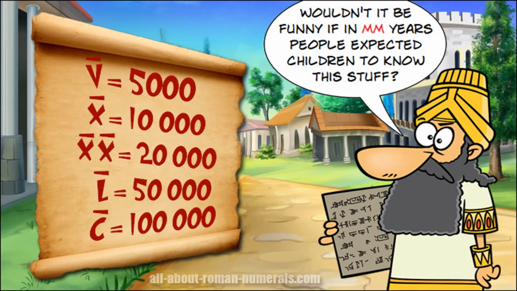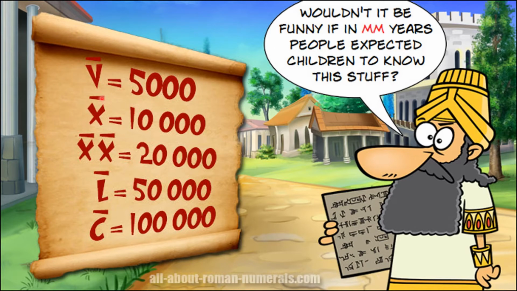Today we are going to learn a very specific rule, which is the sign of bar. If we use this sign of bar on any Roman numeral, the value of that Roman numeral is multiplied by 1000. For example, the value of V is 5, but if we use the bar upon it, it is V bar, and 5 multiplied by 1000, the value will be 5000.